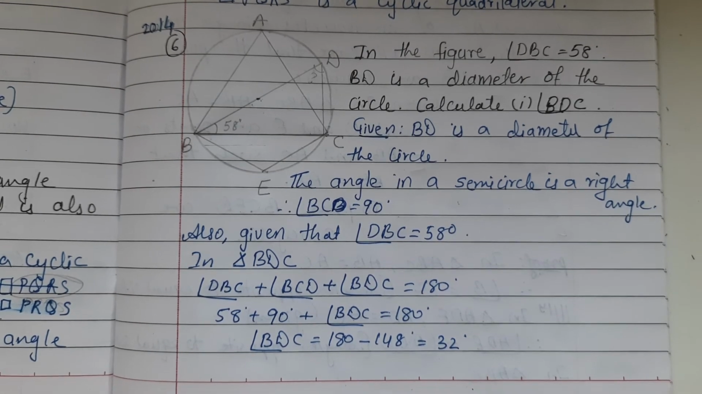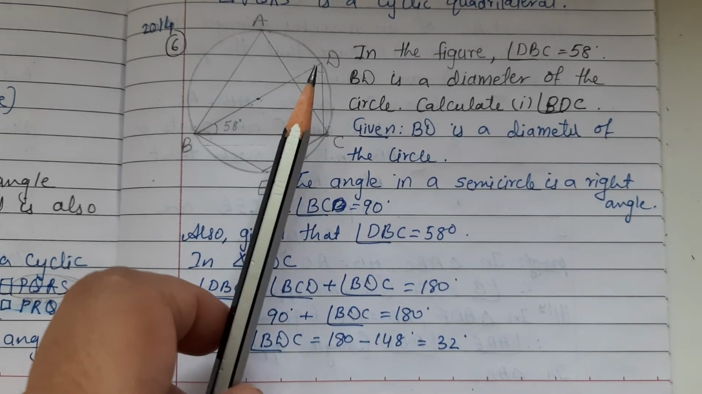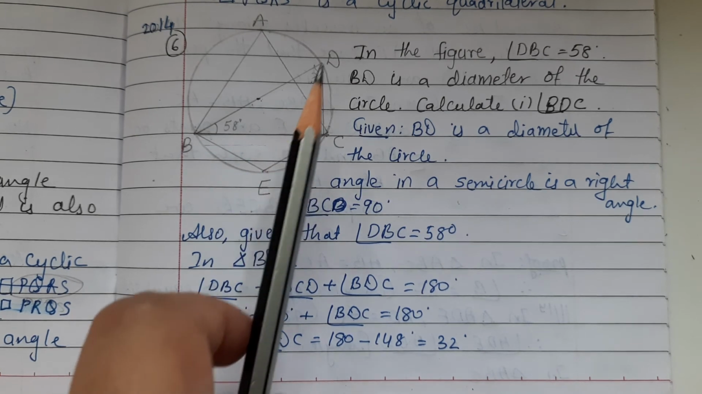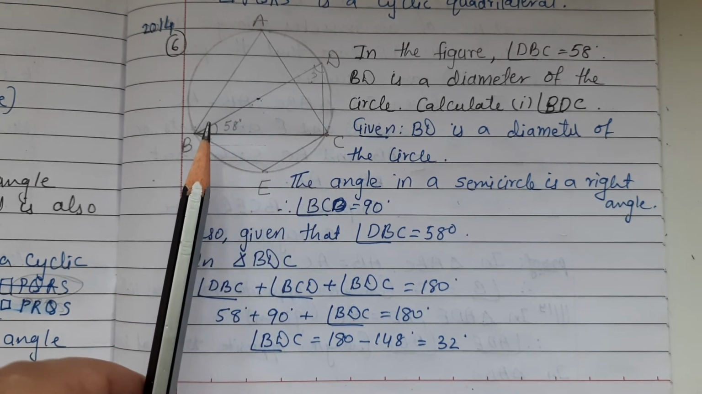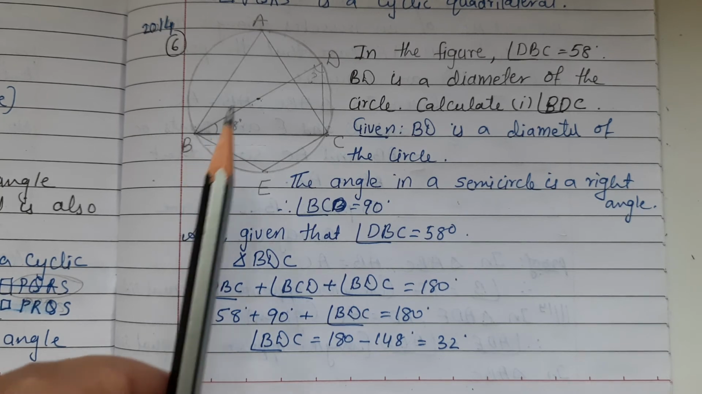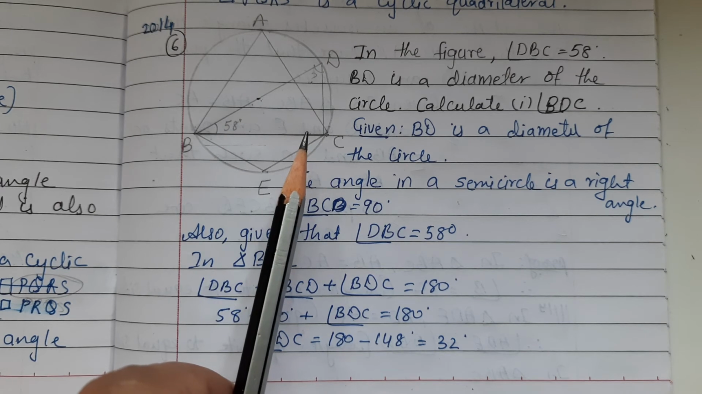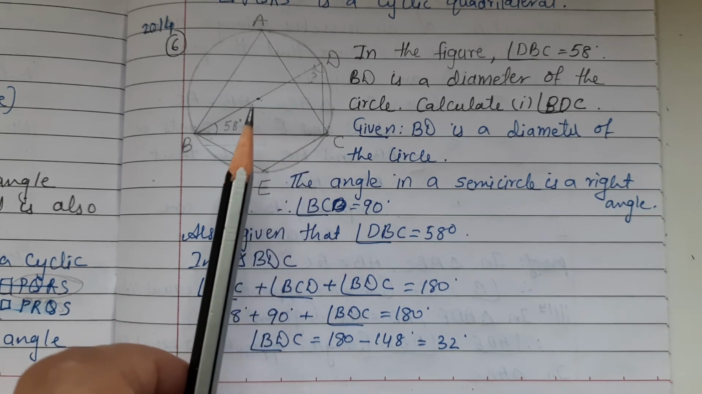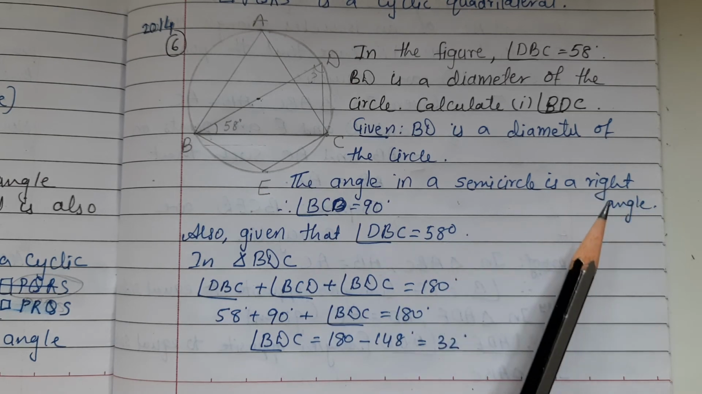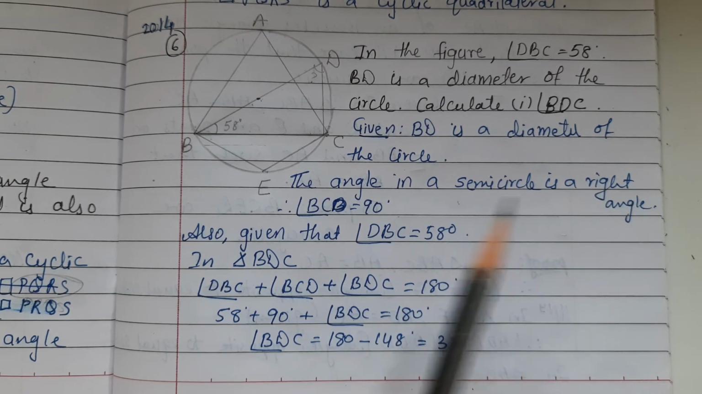Sum number 6. In the figure, angle DBC is 58 degrees. BD is the diameter of the circle. Calculate first part, angle BDC. DB is the diameter of the circle and angle in a semicircle is a right angle. Therefore, angle